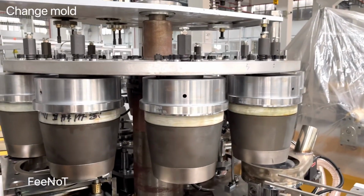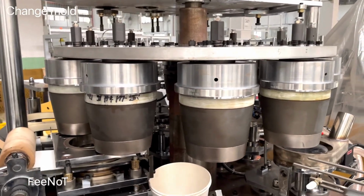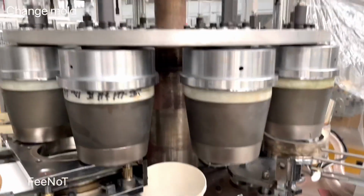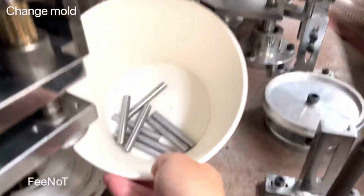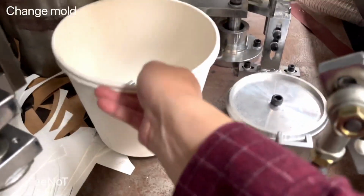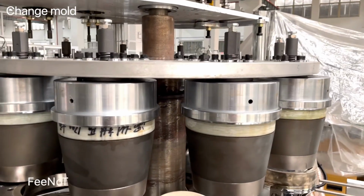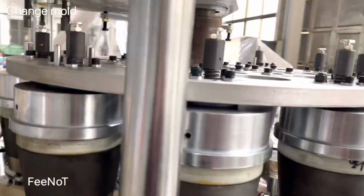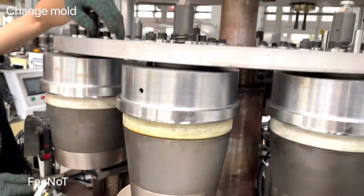But now we take the top parts, the top for the air out. This one, take it out and keep it there. This part. We loosen the mode. We top